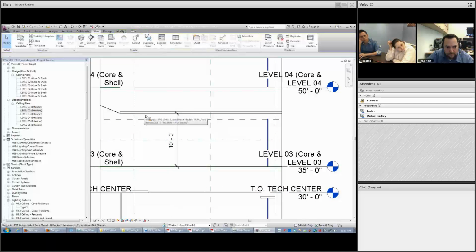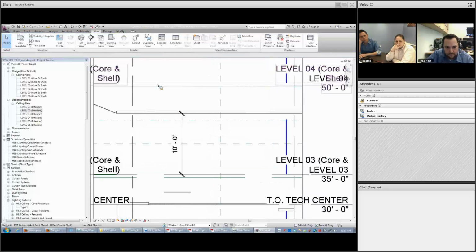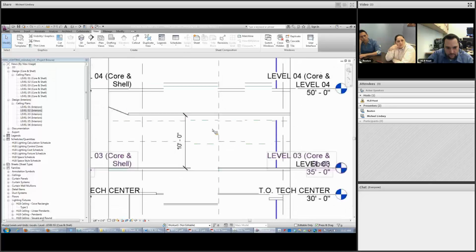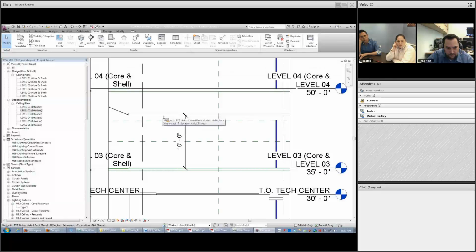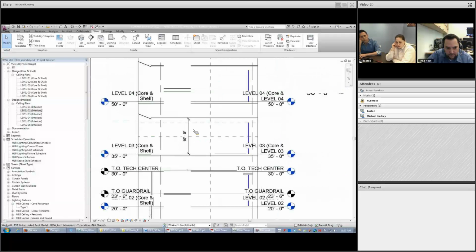One of the things that once I do start documenting, as I had mentioned in our training, what I found to be most successful is to create a reference plane that relates to level 3 at 10 feet above finished floor, lock it at that location, and that's where I start dropping lights in. Unfortunately, at this point I haven't done that because I haven't gotten that far.